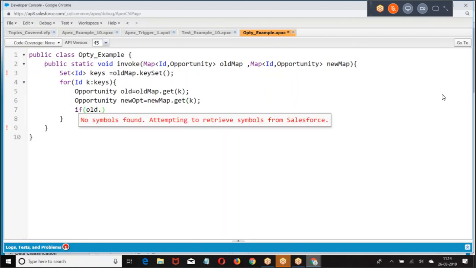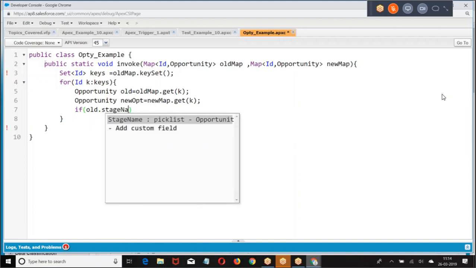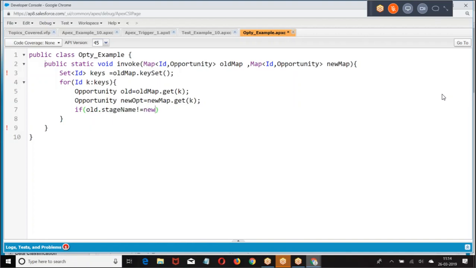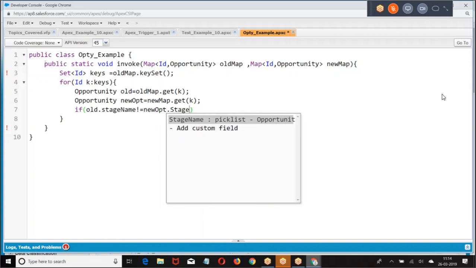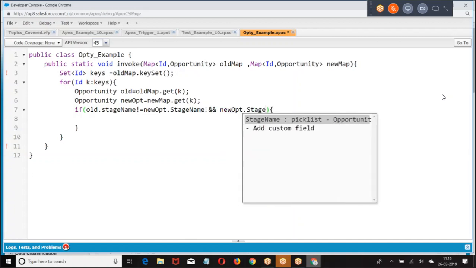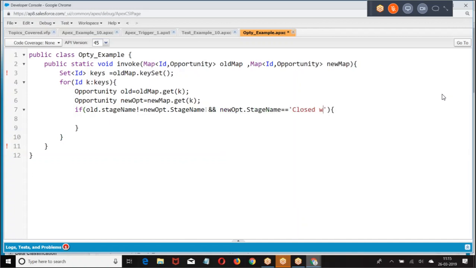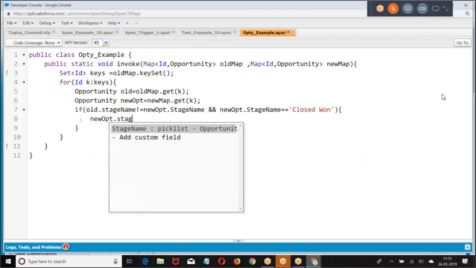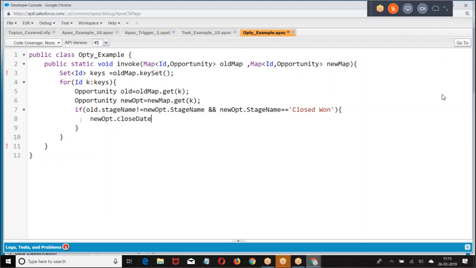If old dot stage name not equal to new opportunity dot stage name, that is, if the stage name is modified and equal to closed, then set close date equal to system dot today.